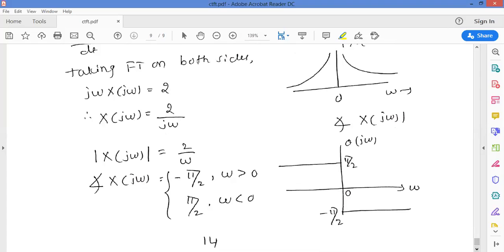Okay. So, this completes the discussion on continuous time Fourier transform. Whatever we have looked at, continuous time Fourier transform, we have seen the properties of continuous time Fourier transform, and we have looked at some problems on the properties of CTFT. Okay, so